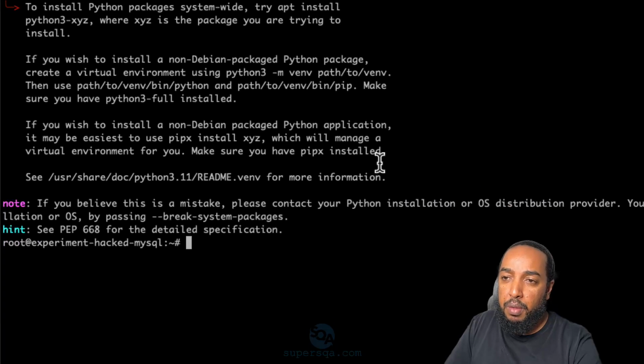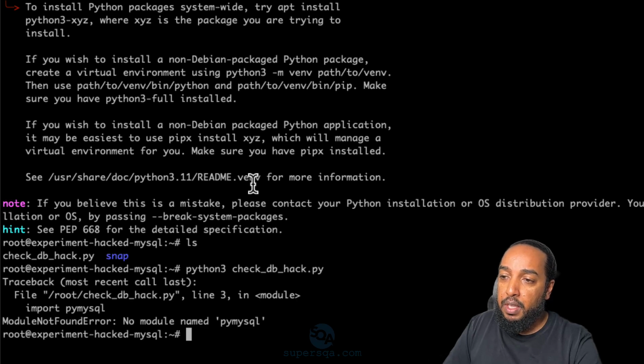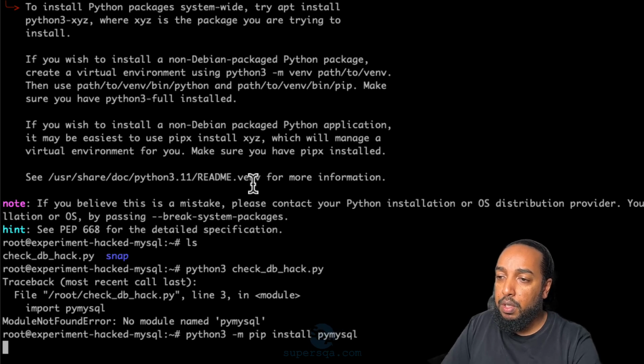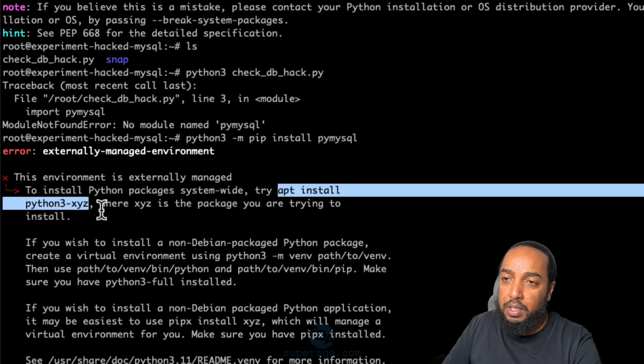So I can do pip install PyMySQL. That's going to install PyMySQL. Externally managed environment. There's a lot of warnings, but I don't know if it actually installed it. I don't think it installed it. Let's just run it. Python 3, check db hack. Yeah, it did not install it. So let's see, Python 3 -m pip install PyMySQL. This is the thing about Linux. So apt install, it's asking me to install something else. The environment is externally managed. To install a Python package system wide, try apt install